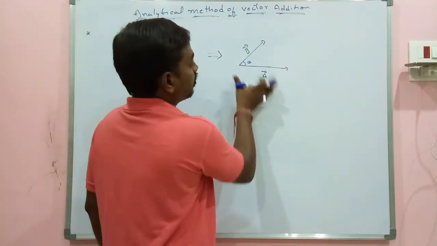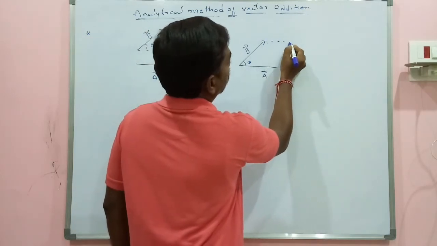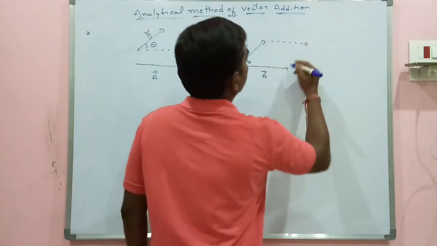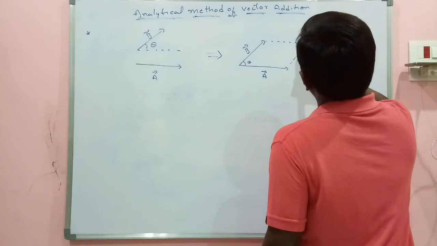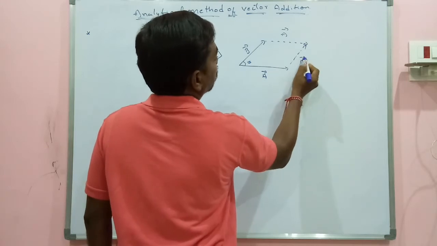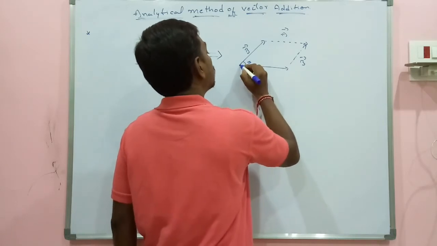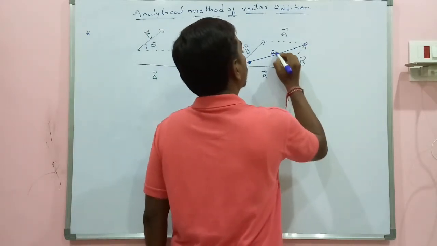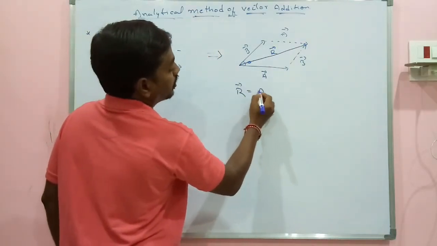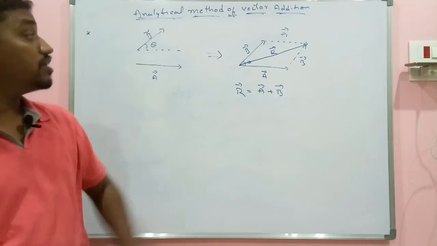So if I construct a parallelogram using these two sides, if I slide a vector here, this will again act like vector A itself, and vector B if I slide here, this is vector B. So this is vector A and this is vector B. I have got a parallelogram. Now the diagonal passing from this point of intersection, this is your vector R. So I can write down vector R is nothing but vector A plus vector B. So this is what parallelogram law of vector addition is.